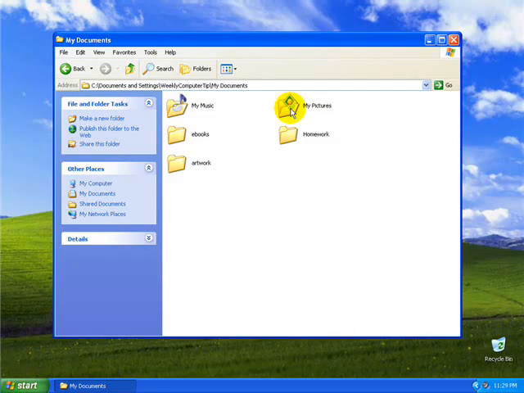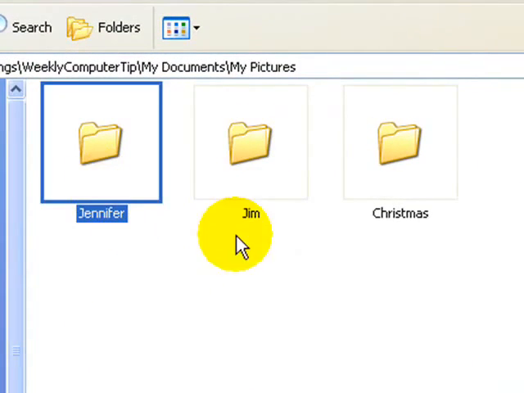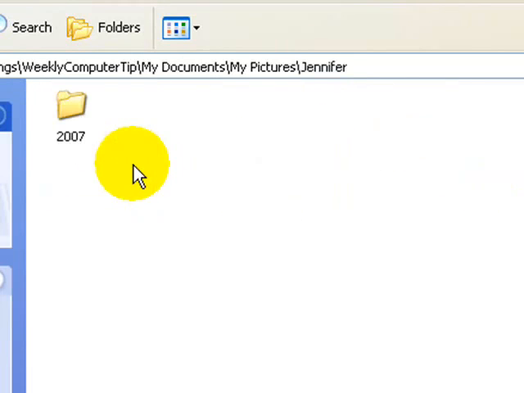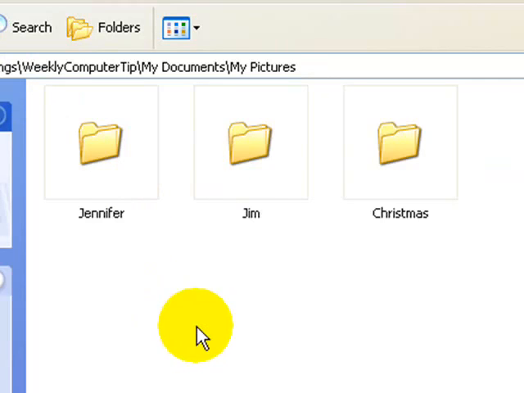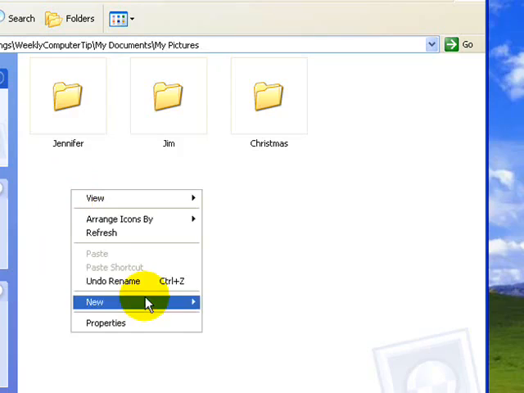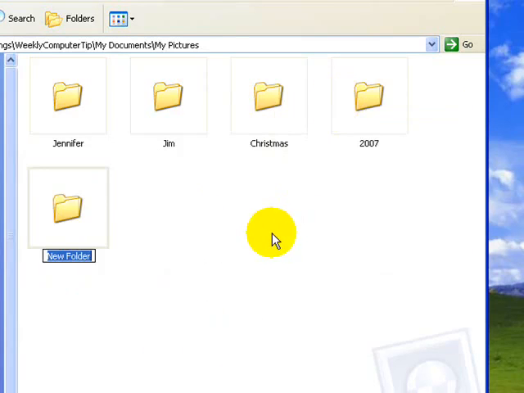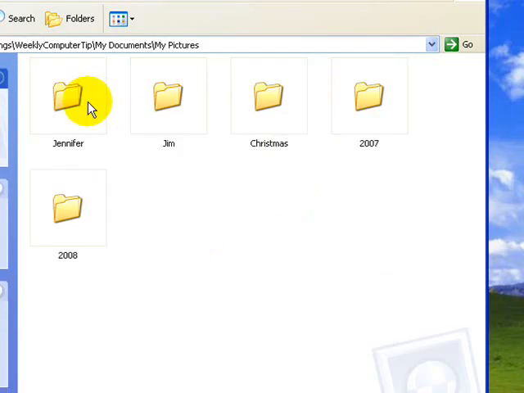Another important point to remember is there isn't any right or wrong way to do this. For example, if you go to My Pictures, I've already created some subdirectories. One for pictures about Jennifer, Jim, and Christmas. And in each folder, I have a 2007 folder, so I can store pictures in that way, like in a filing cabinet. Well, you want to make your folder structure in a way that makes sense to you, like I said before. So what if all along the way that you've decided, this doesn't make very much sense at all, that you should really be filing by year, but that your buckets should be by 2007 and 2008,